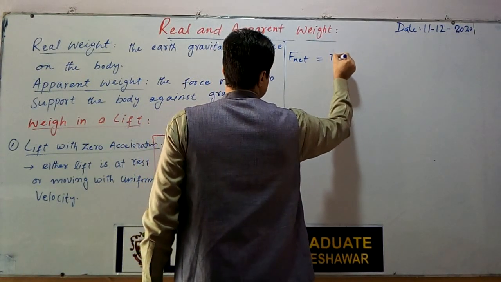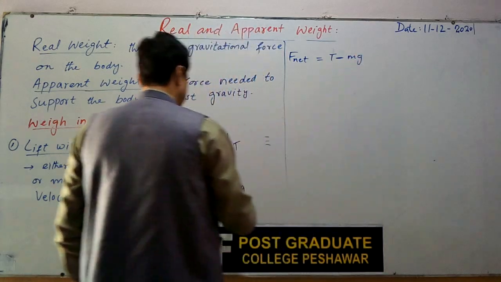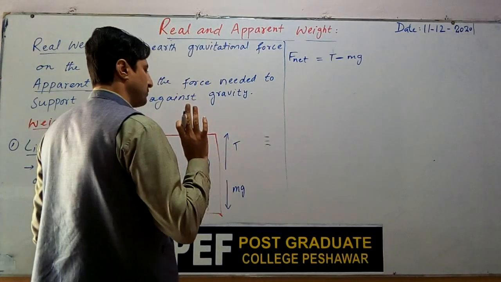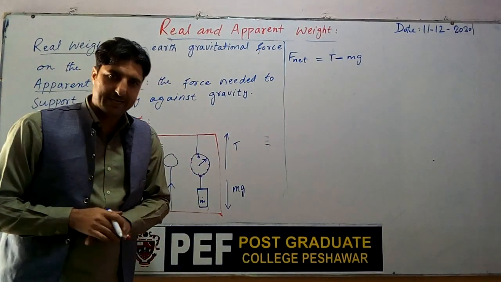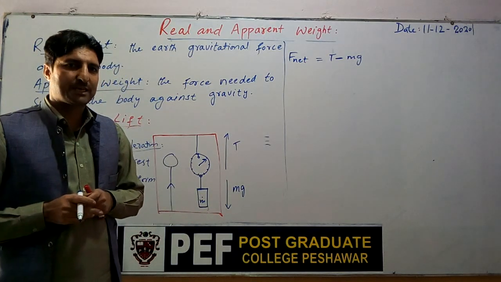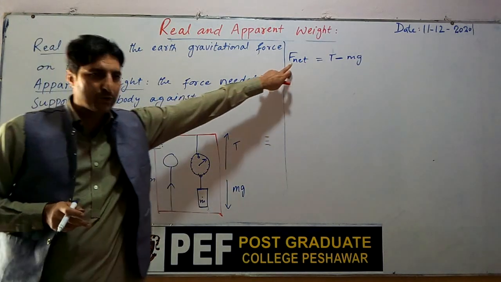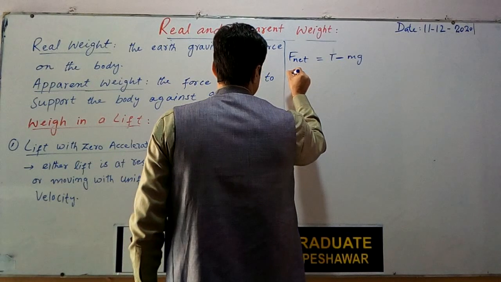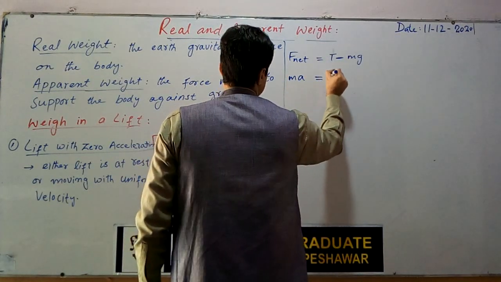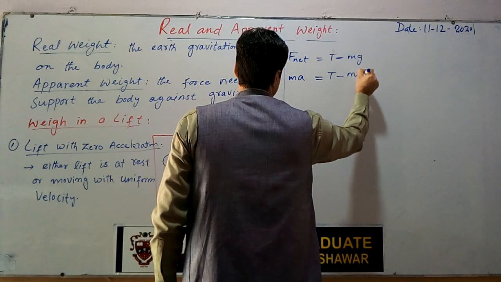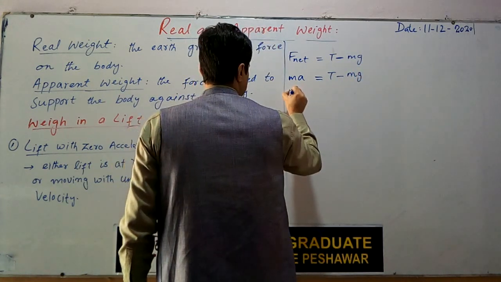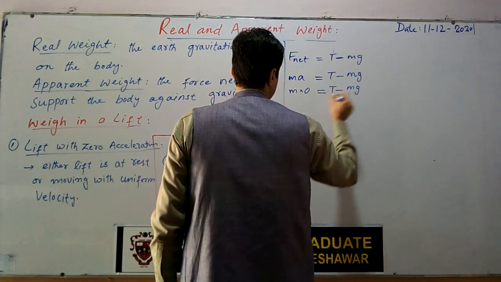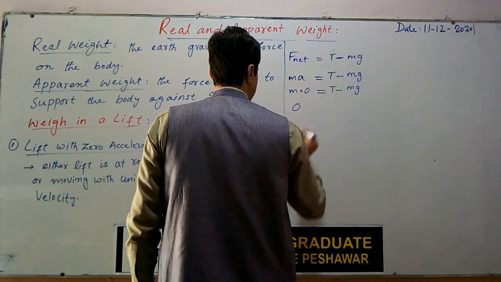T minus mg, because tension is in upward direction and weight is in downward direction. As we say that acceleration in this case is 0, by Newton's second law of motion we know that F equal to ma. This force will be 0, so let me write it: ma equal to T minus mg. a is equal to 0, so m into 0 equal to T minus mg. So the net force acting on the lift is 0,